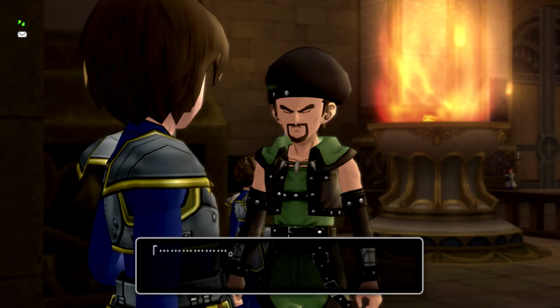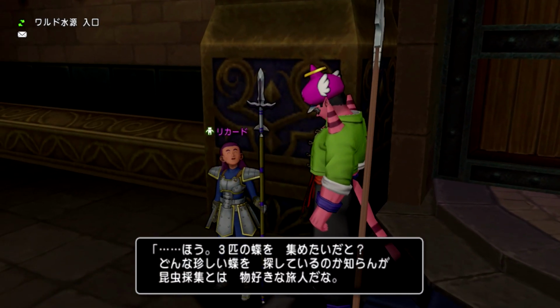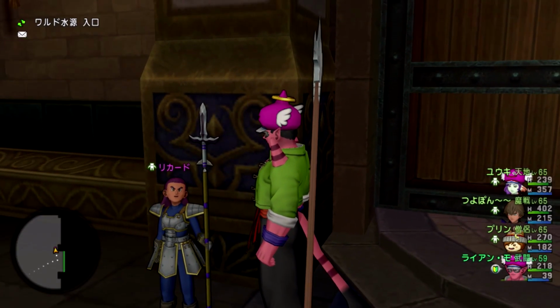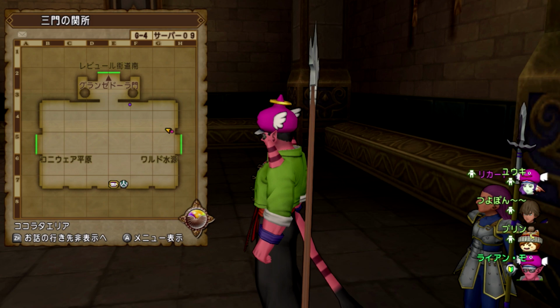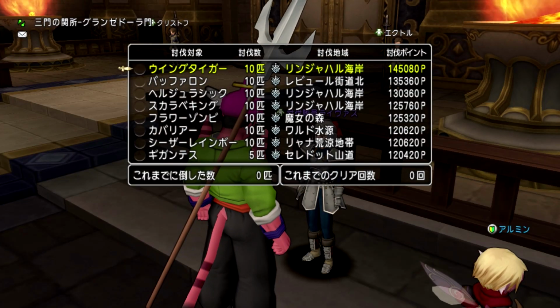So our goal is to get to the kingdom of Grand Zadora, but we're stopped at the Sandmon Gate because Princess Anlucia from Grand Zadora Castle orders it closed unless we can get the 3 butterflies. So our first goal in Lendasia is to find the 3 butterflies. Butterfly in the sky. And here at the Sandmon Gate, you're introduced to the new weekly subjugation quest, where you actually kill monsters once a week,